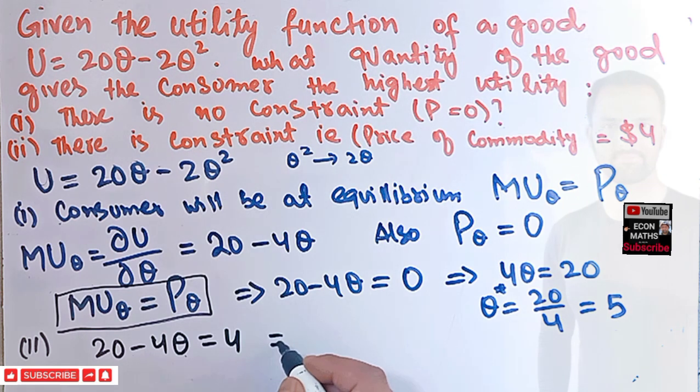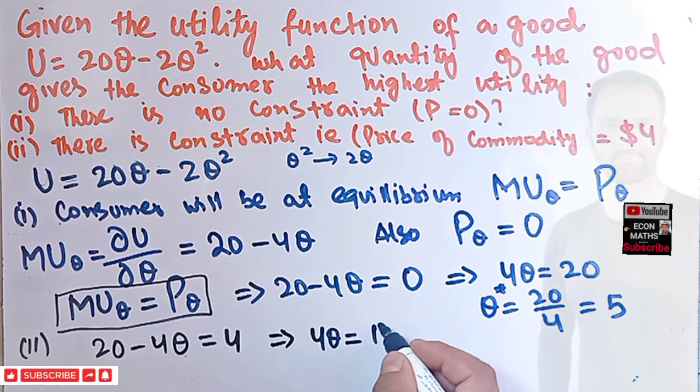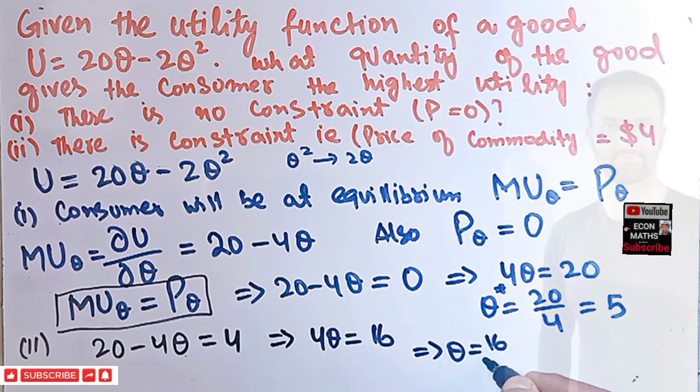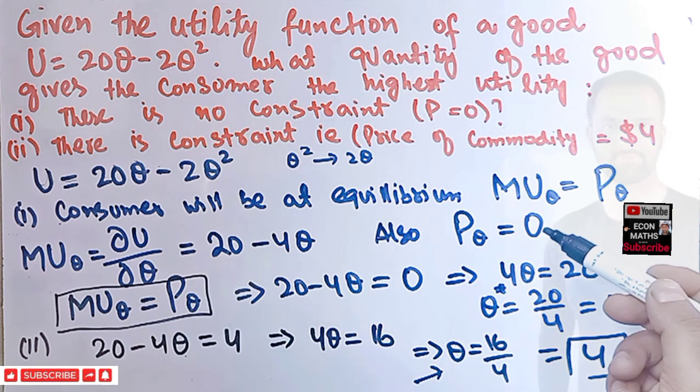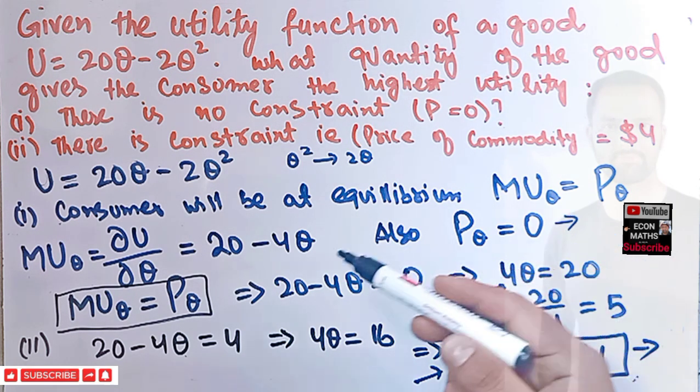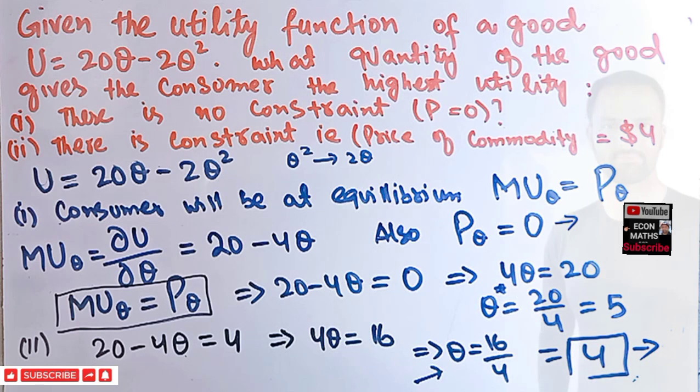Okay, now when we solve, this will come out to be 4q is equal to 16, which implies q is equal to 16 over 4, which comes out to be 4. Okay, so optimal consumption when the price of the commodity is 4 is equal to 4 units. Okay, and optimal consumption when the price of commodity is 0, at that time the consumer will consume 5 units. Okay, and this can be also